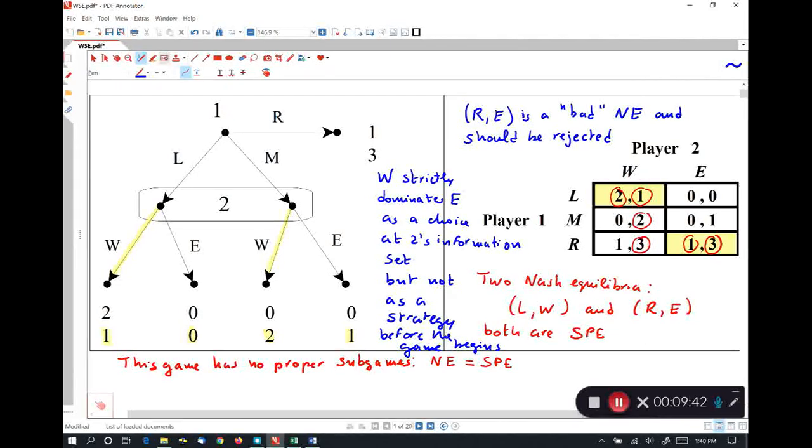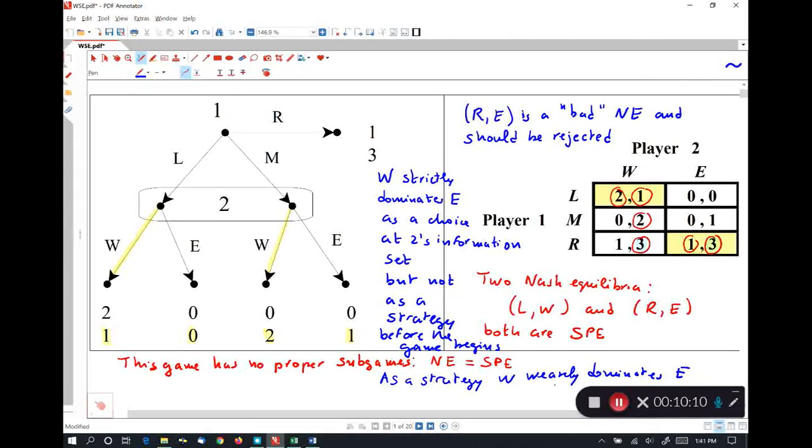But against R, W gives 3 and so does E, so you get the same payoff. What we have is that as a strategy, W weakly dominates